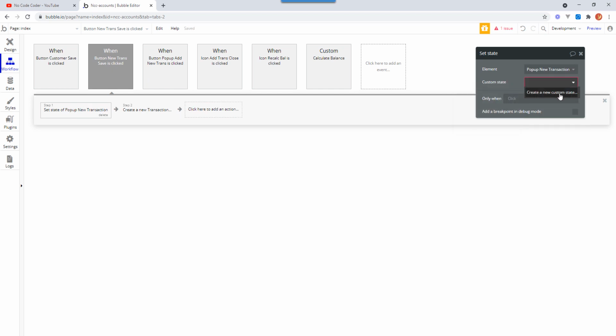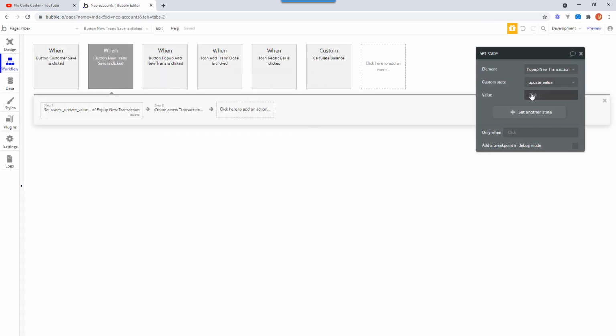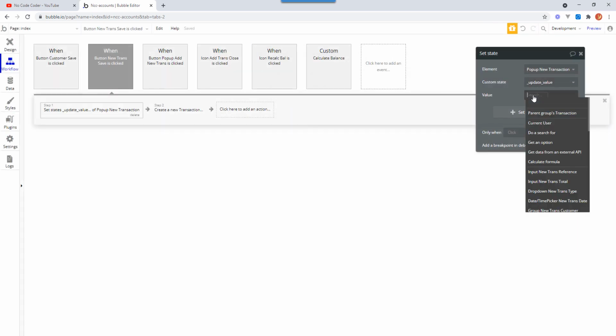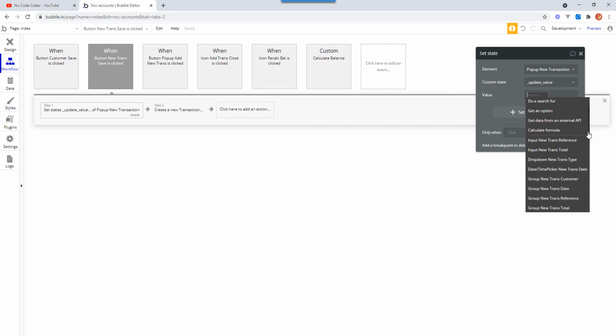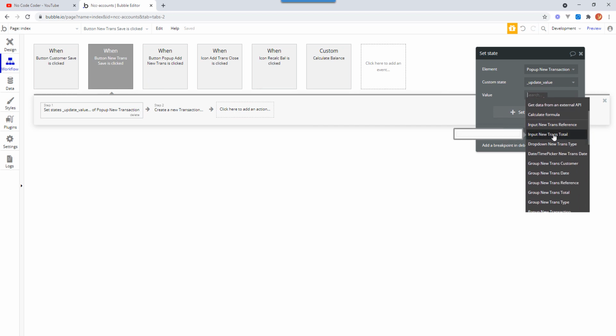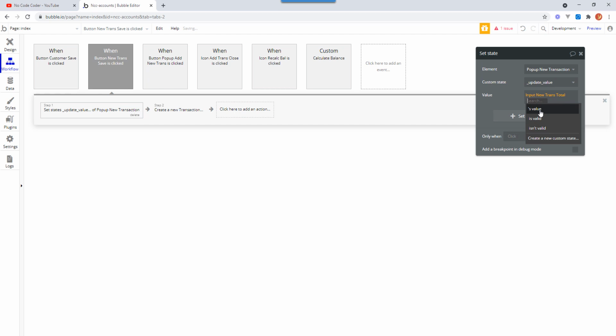Custom state, we don't have one. So what we'll do, we'll call this one update value, and we can give it the same name as the other one that we used previously, because it's on a different element, and that's going to be a number in there as well. So what we want to do with that is to take the amount that they've typed in, which is stored in input new trans total value, and what we want to do with that is click more,